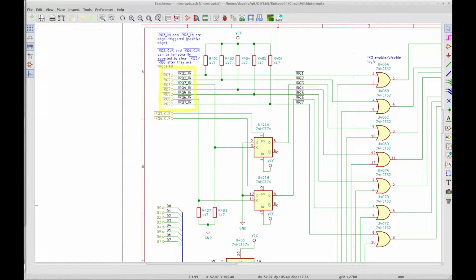There are 7 interrupt request inputs with signal names IRQ1 through IRQ7. These are the inputs which external devices can use to generate a hardware interrupt. IRQ3 and IRQ6 are edge-triggered interrupts, meaning that a transition from a low voltage to a high voltage indicates that an interrupt condition has occurred. The other interrupt request inputs are level-triggered, meaning that a low voltage is asserted continuously to indicate that the interrupt condition exists until the CPU's interrupt handler routine services the interrupt and clears the condition that caused the interrupt to